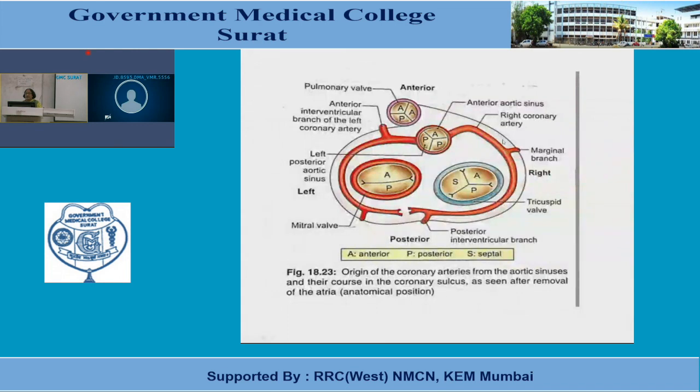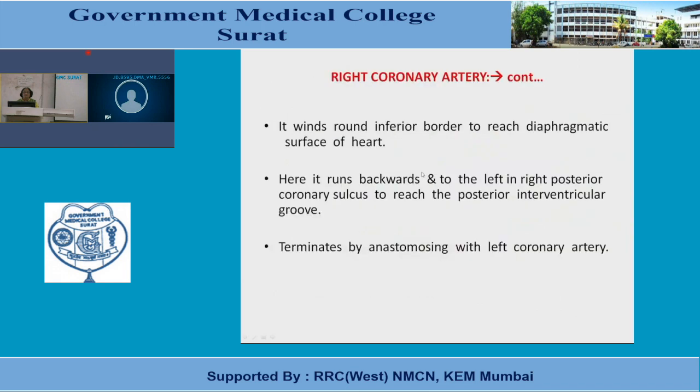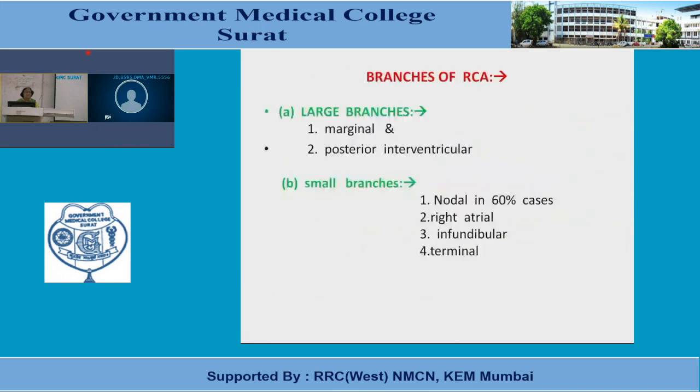Here you can see the branches given by the right coronary artery: the marginal branch, and on the posterior interventricular groove we can see the posterior interventricular branch. Now it anastomoses with the left coronary artery. So this is the left coronary artery. What are the branches of the right coronary artery? The large branches are called the marginal and the posterior interventricular. Small branches are called the nodal,